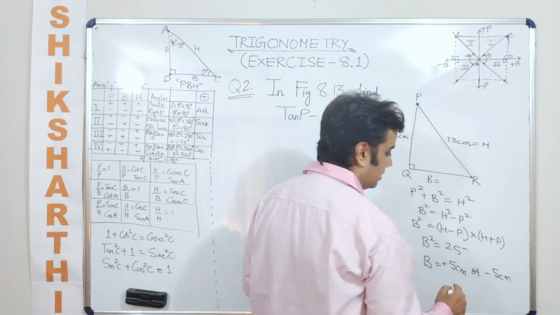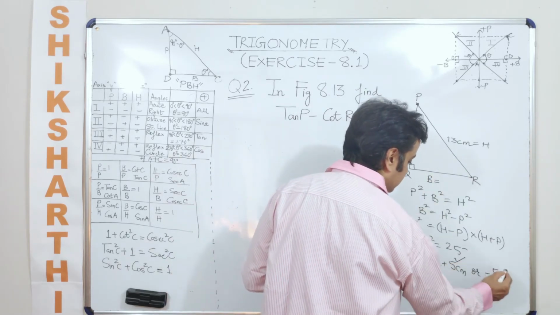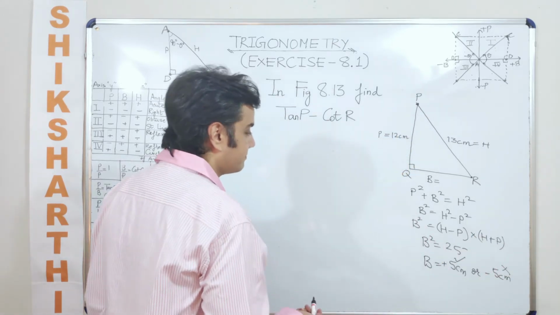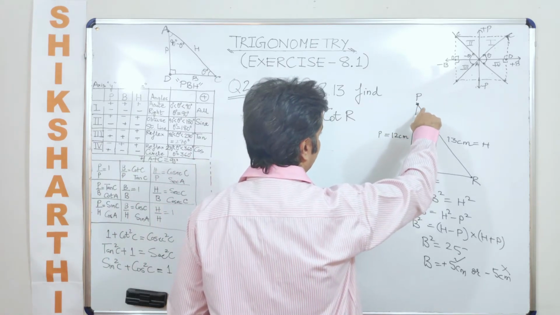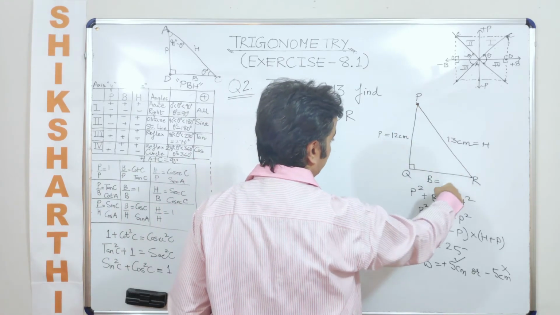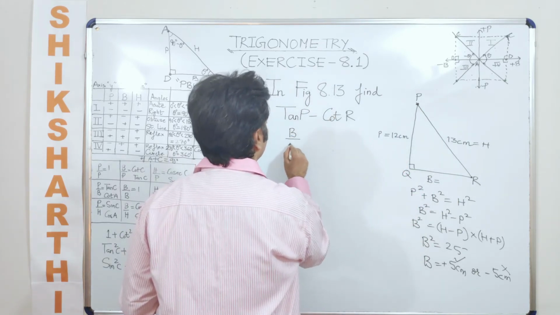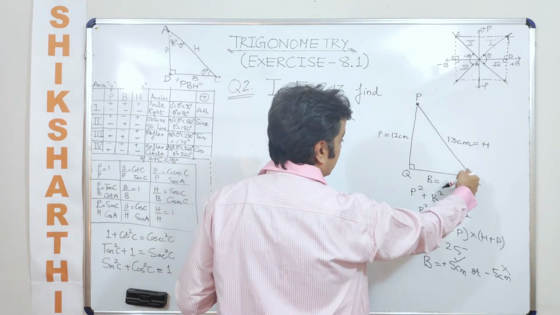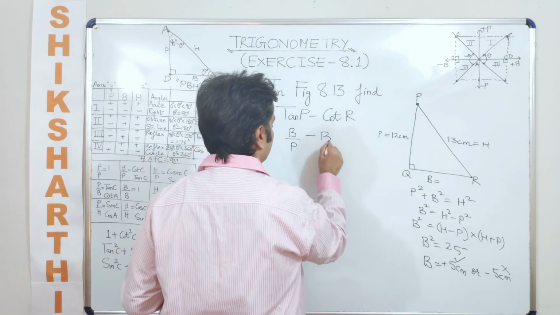And as talked in the very first question, here since the lengths are given, we will consider only this length. We will not consider the negative length. Okay. So now it becomes easier. How much is tan P? Tan P, we know that tan theta is equal to perpendicular upon base. So in this case, it becomes B by P minus cot R. Cot R is base upon perpendicular, which is again B by P.